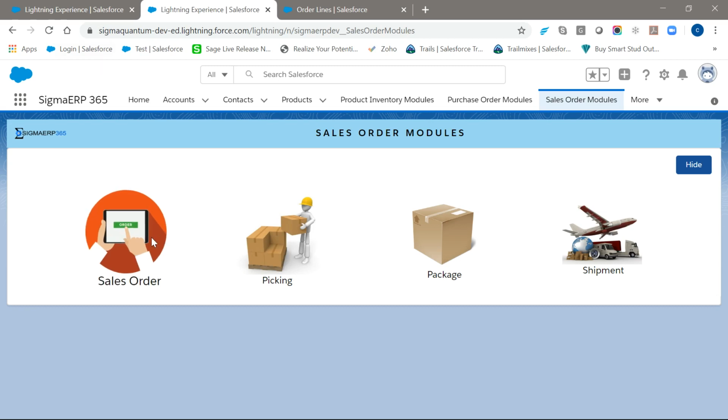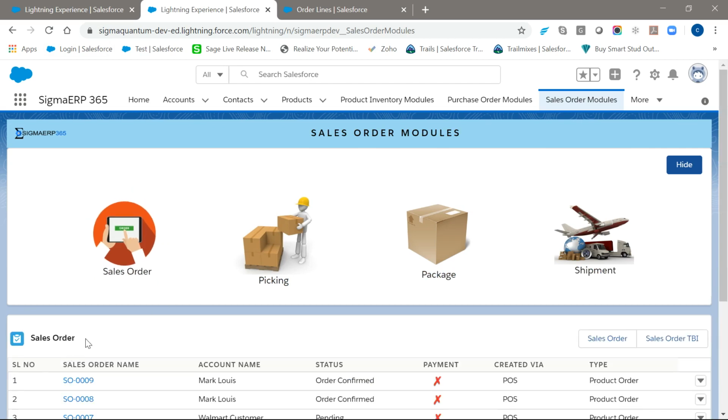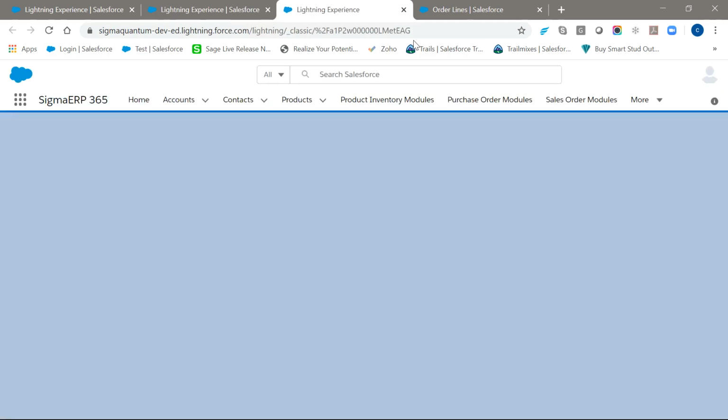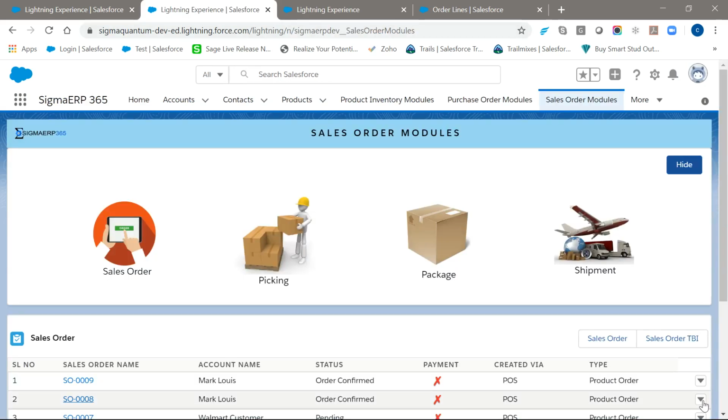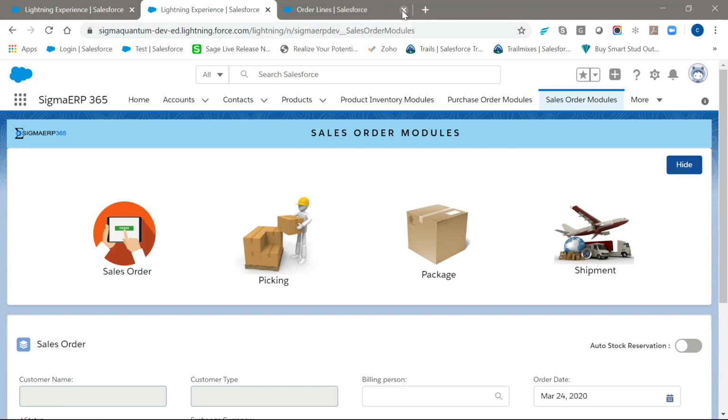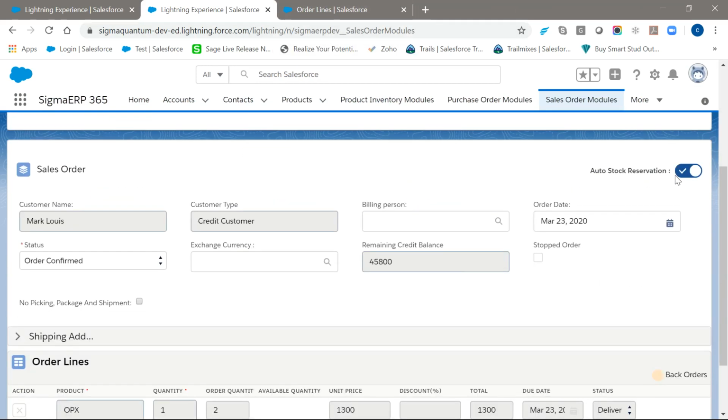Let me just quickly highlight that. So when I say a toggle switch, this is the toggle switch,